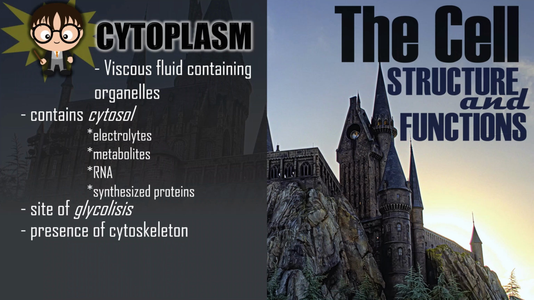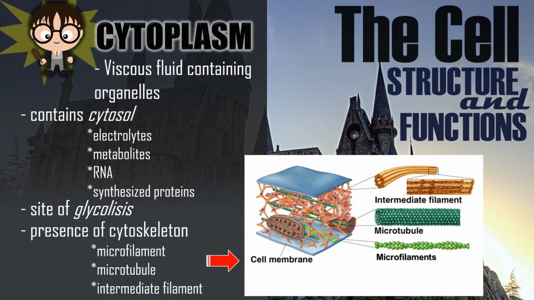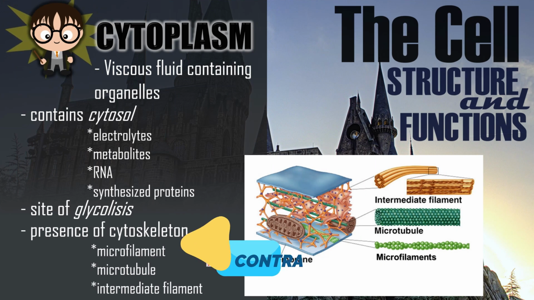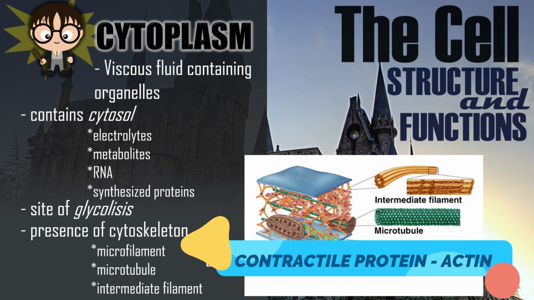The cytoskeleton has three major filaments. We have the microfilament, the microtubule, and the intermediate filament. So let's differentiate the difference between microfilament, microtubule, and intermediate filament. First is the microfilament. Microfilament has a diameter of about 7 nanometers and is mainly composed of contractile protein called